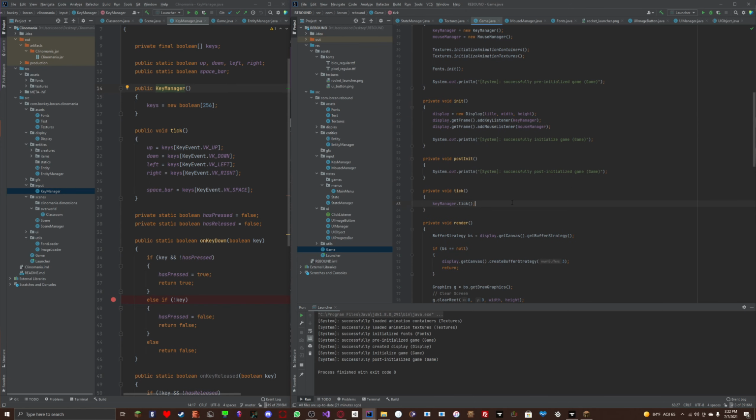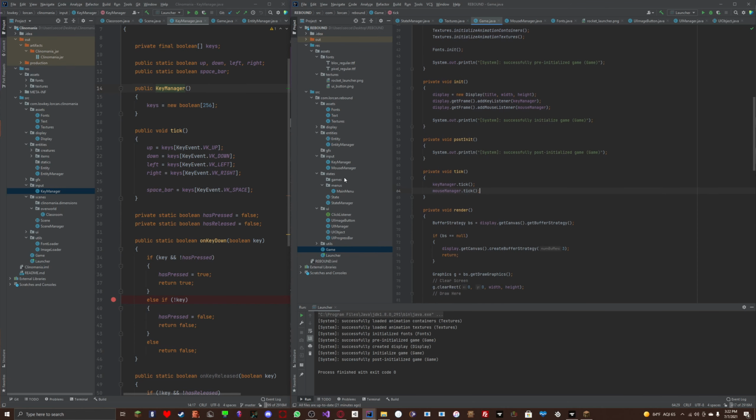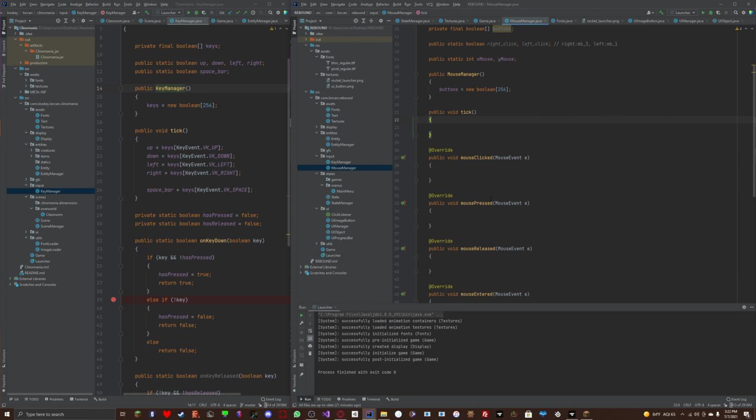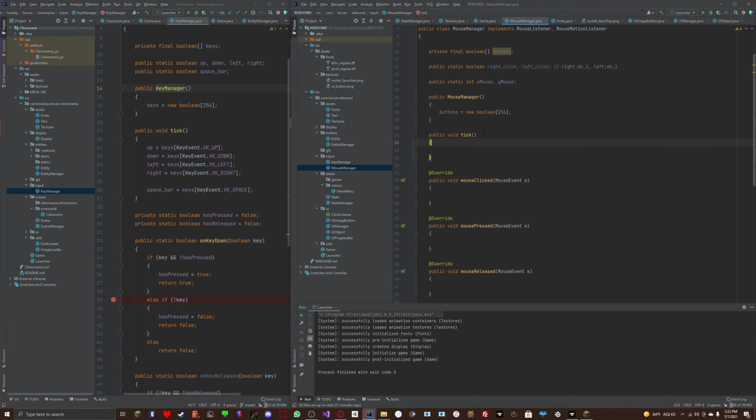So now we just have to tick it. Doing mouse manager dot tick. Alright, and now we can go over to the mouse manager. You can see it turns yellow, and we can check whether each key is being pressed. So we can do right click equals to buttons,